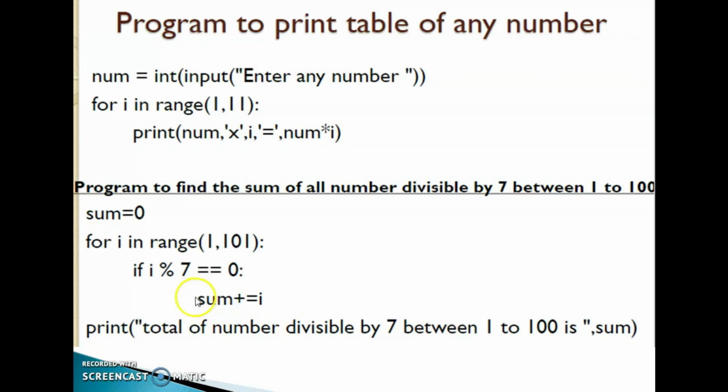Okay, clear? Then first time 1 is the value, 1 mod 7, this is wrong. So it will take the next iteration, 2. Automatically it will take the next value as 2. 2 mod 7, that is also wrong.